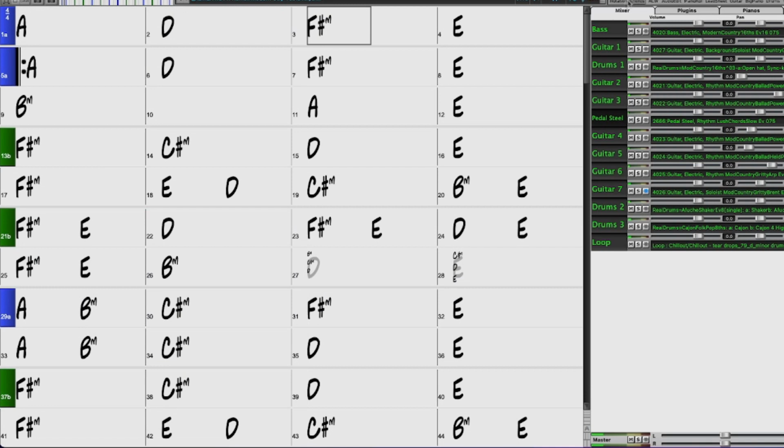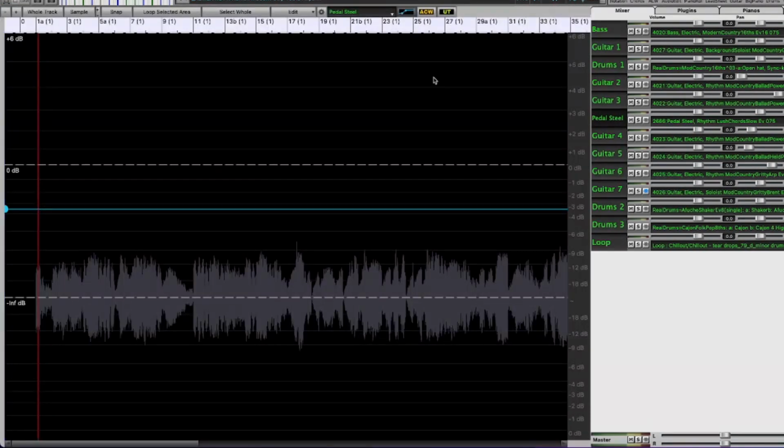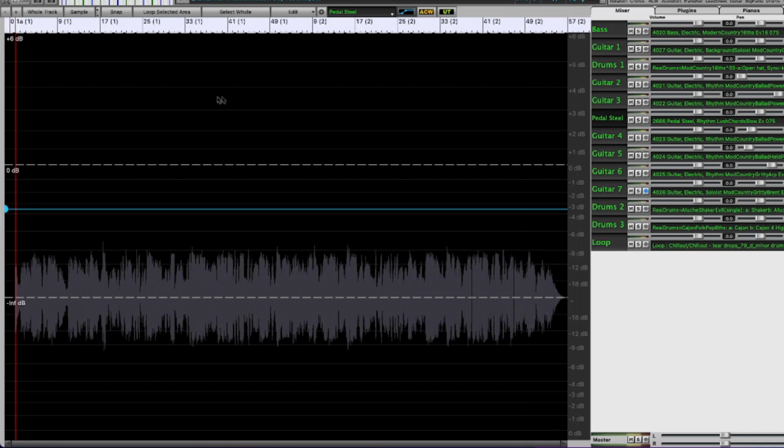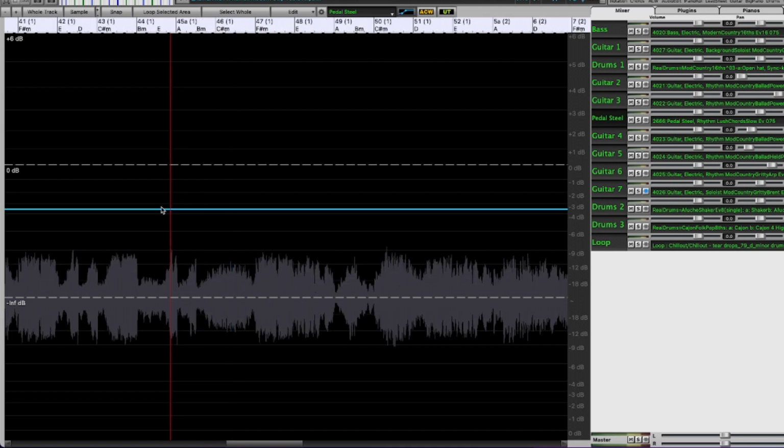All right, so I'm going to go back to the chord chart, and it was here at bar 45 that I thought I might want to have the pedal steel come up and some of the other instruments come down. So I'll go back into the audio edit window, and I'll go to bar 45. Now I'm going to click on the line here, just a single click, and that adds this dot. So that's what we call a node. Now if I click over here and add another one,